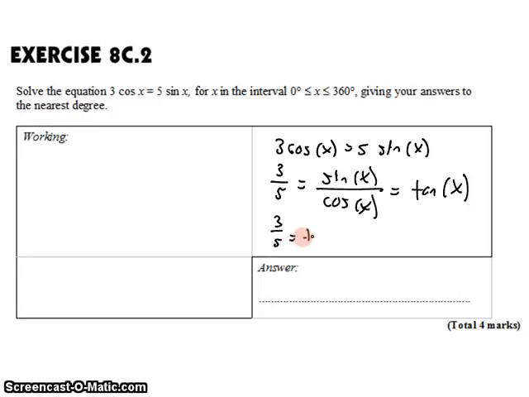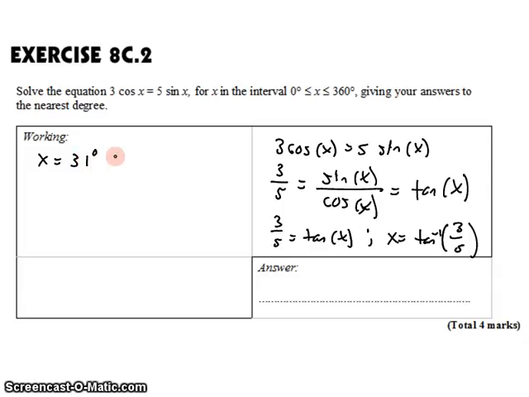3/5 equals tangent of x. That looks a little more simple. That looks a little more familiar. That I know I can solve by saying x is the inverse tangent of 3/5. That's something I can plug into my calculator to solve. This isn't one of the major angles, so we'll need our calculator to solve it. When we do that, it's going to tell us that the angle is 31 degrees